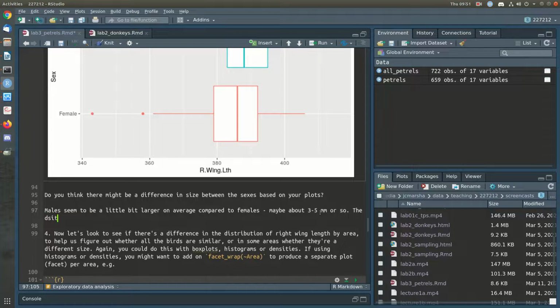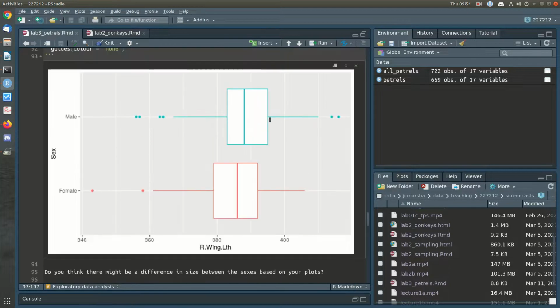The distributions are otherwise pretty similar. There's quite a bit of overlap in the distributions. Okay, so while we're not saying that all males are bigger than females, clearly they're not because they overlap a lot, we are saying that on average they're shifted up a little bit. And it's only a little bit, right? So whether this is statistically important